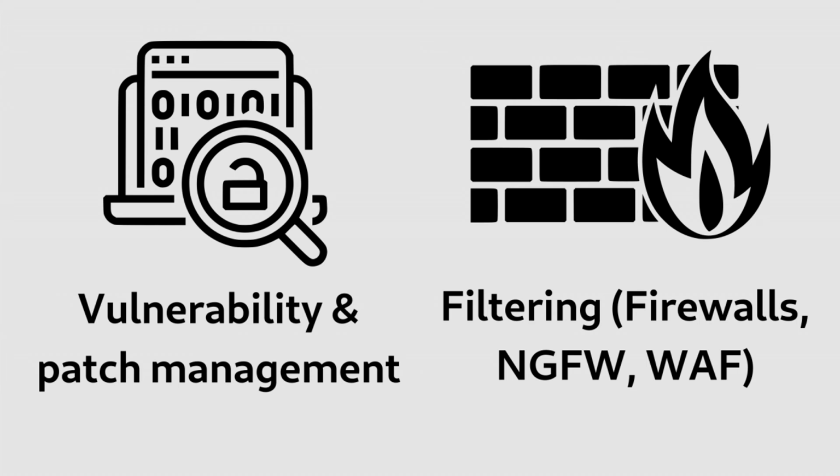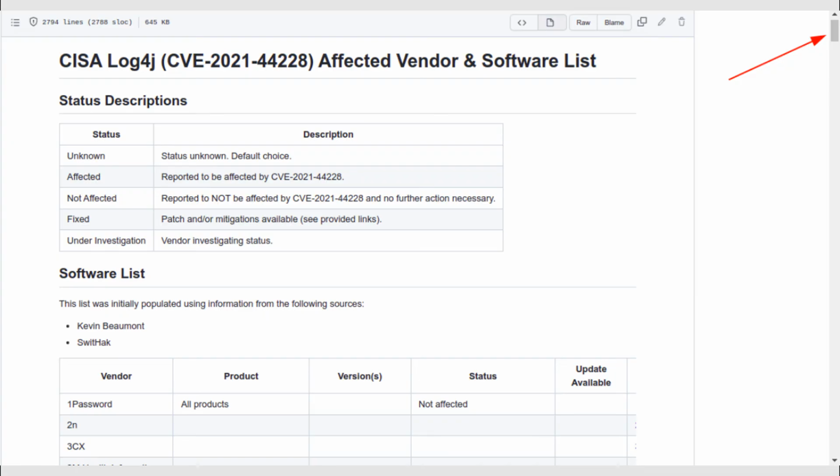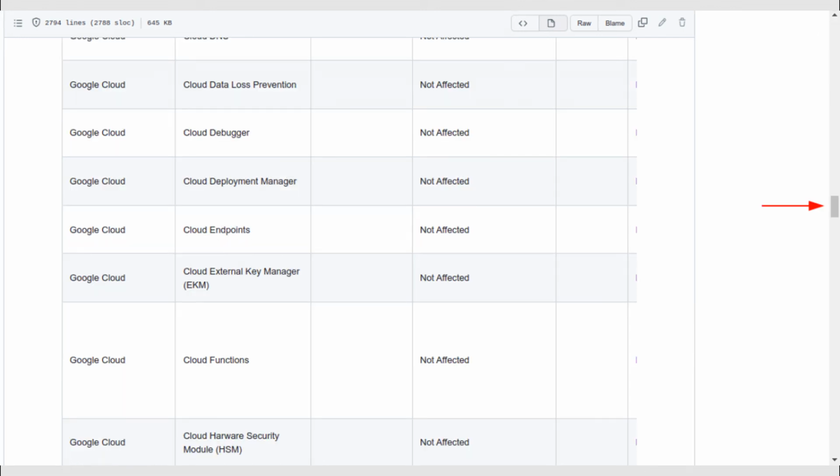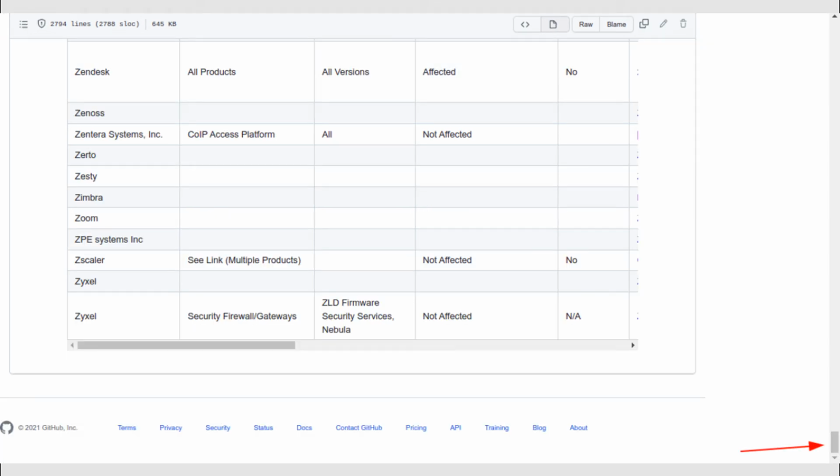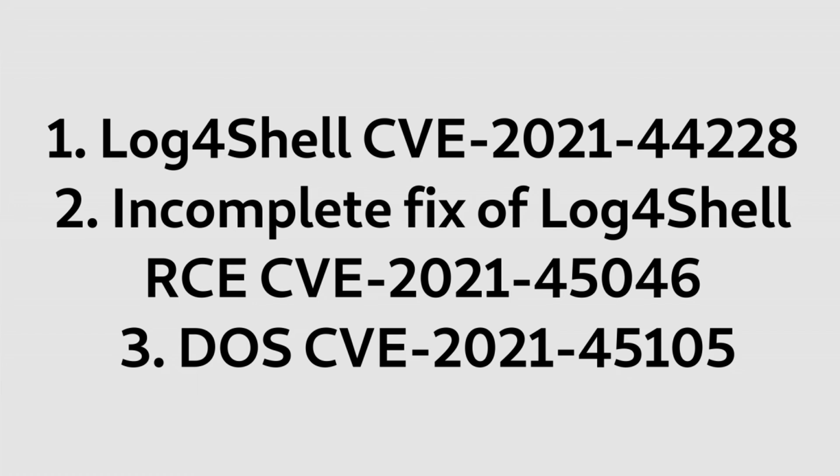It seems that, of course, none of these solutions is a panacea. It is necessary to work with this problem systematically. So, in conclusion, problems with Log4j will be with us for a long time. Just look at the lists of vulnerable third-party programs, not to mention the programs developed in-house. And this is only if we are talking about one vulnerability, Log4Shell,